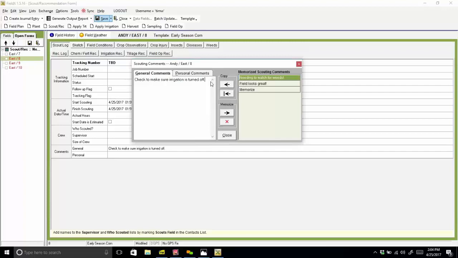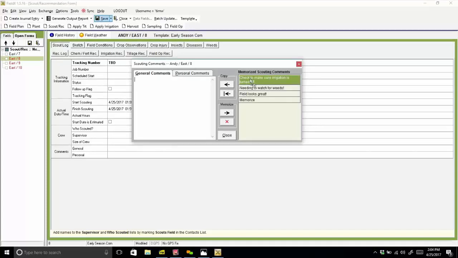You can memorize that comment by clicking this button right here and moving it to the right side, and that's going to memorize it and sync it to your other devices that you're logged into. So instead of retyping this, if I was coming in with a blank comment here, I could just click on the right side here, move that over, and then I'm going to be good to go to save that